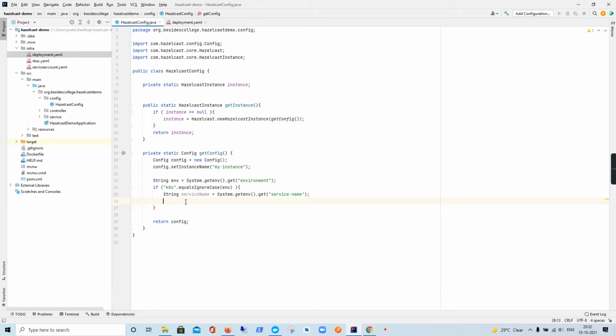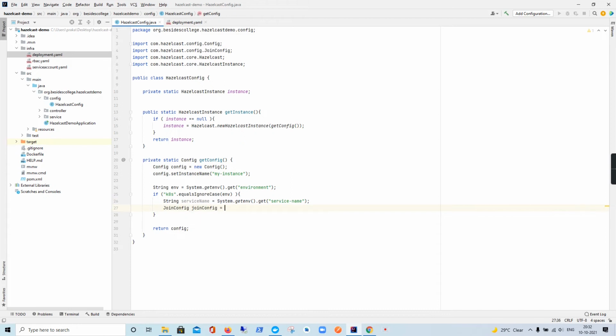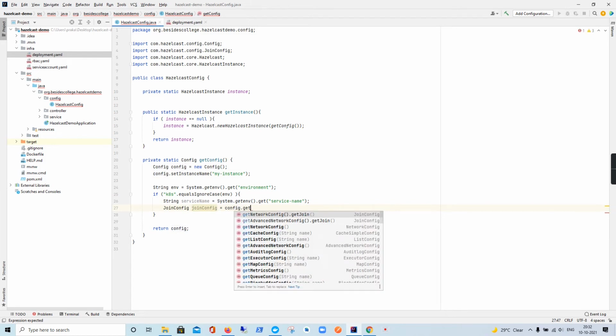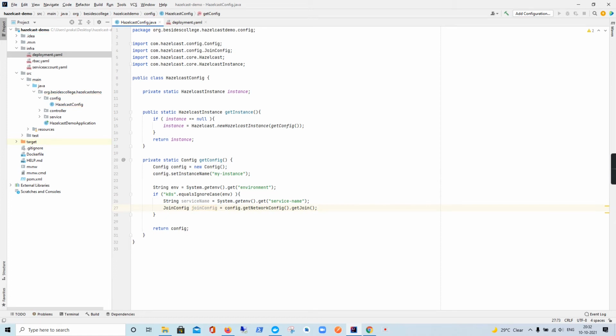So we can get the join configuration that is currently available as part of the config object. For that we'll just create a join config variable, and we can get this from the config object using config.getNetworkConfig().getJoin().